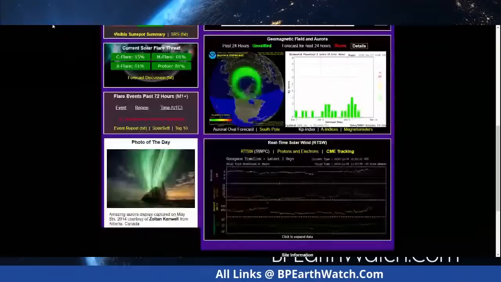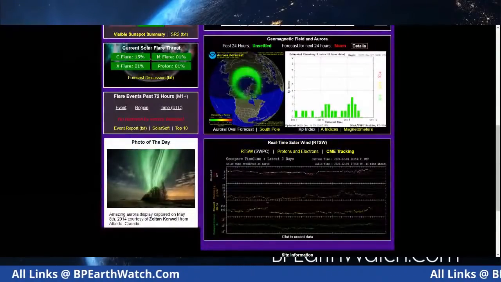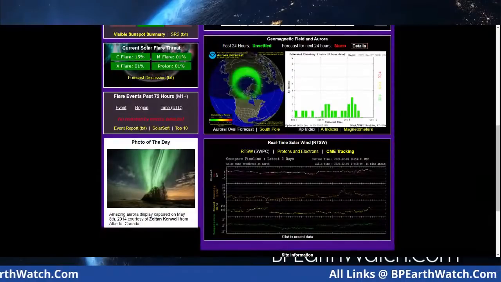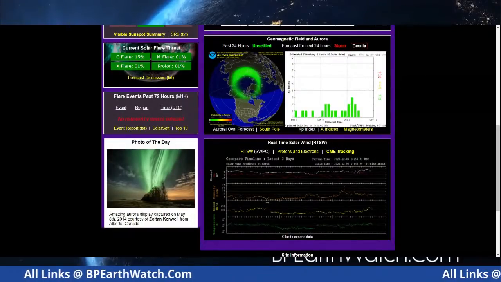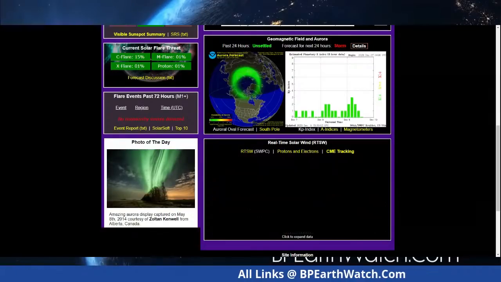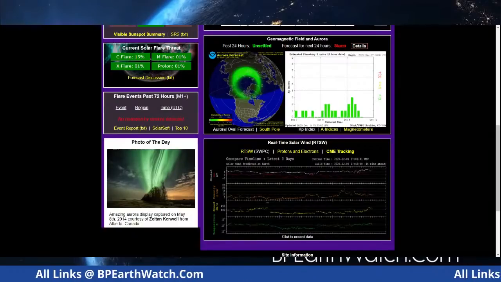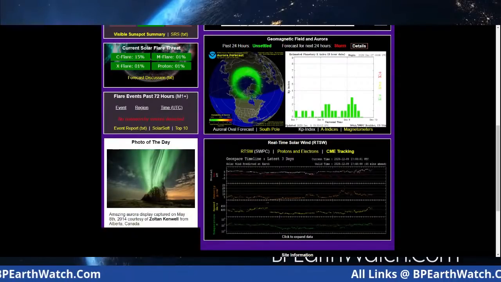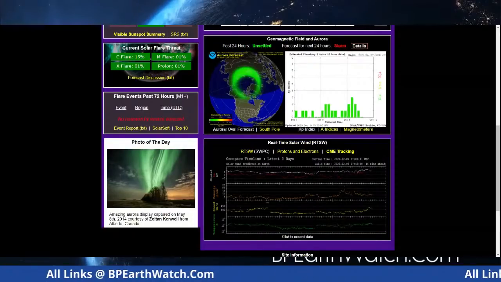Now, I want to go back to space weather a moment, or excuse me, SolarHam. It's also linked, solarham.com, on our website. And notice you have an aurora chart here, and they're already getting very bright on the other side of the planet. And because this solar stream is going to last longer than the impact, remember I showed you how wide that red band is that's coming, you could have some very bright auroras tonight here in the U.S., a little further south than normal. So you guys watch for that.